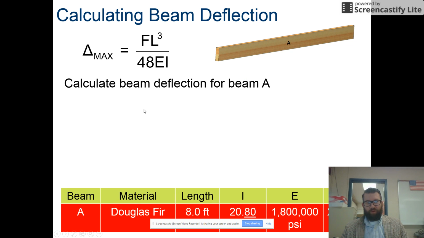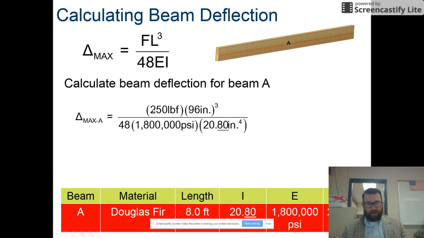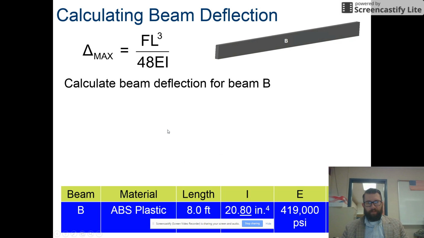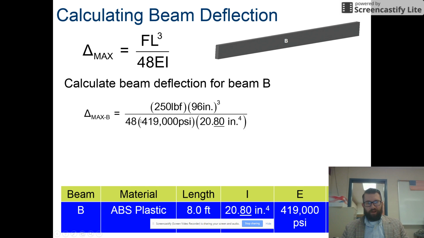So if I calculate it for beam A, I'm going to take all of my variables and plug them into my beam deflection equation. 250 pounds times 96 inches cubed divided by 48 times 1.8 million psi times 20.8 inches to the fourth. So I get only 0.12 inches of beam deflection. Now, that's going to vary depending on your load. Whereas for beam B, notice how I have a lot less of E, so I should get a lot more